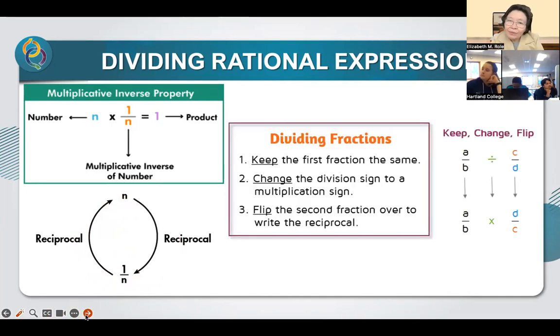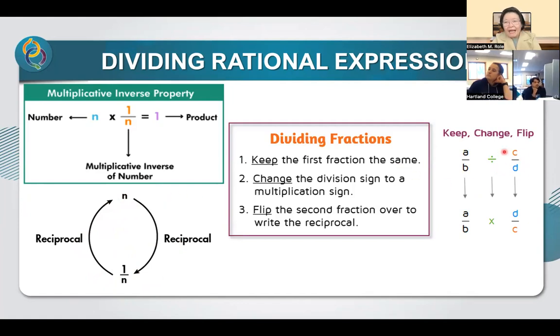Whenever we divide fractions, the idea is we just multiply by the reciprocal, which means that you keep the first fraction. Like if I divide a over b by c over d, you keep the first fraction, a over b, change the division sign to multiplication, and flip the second fraction